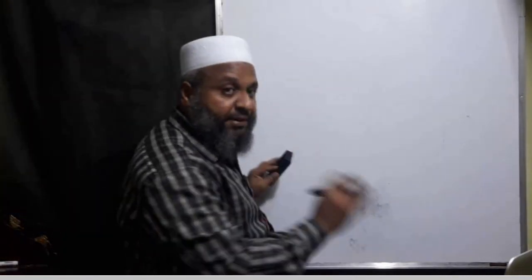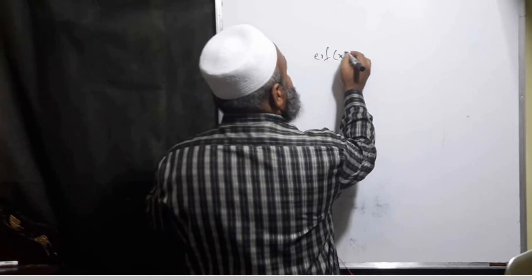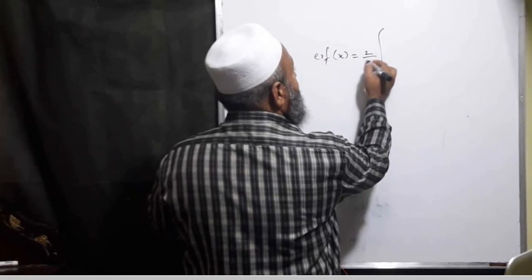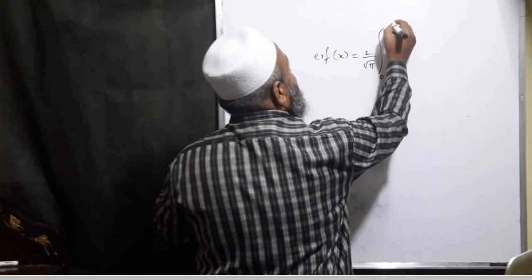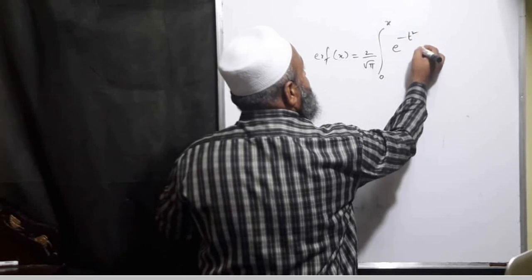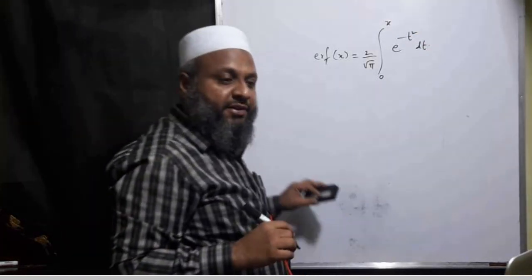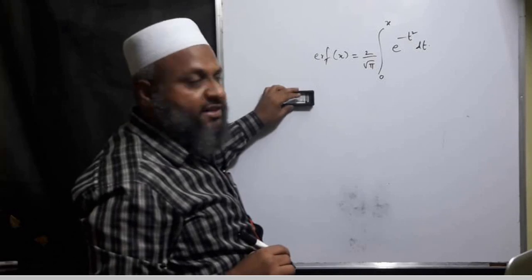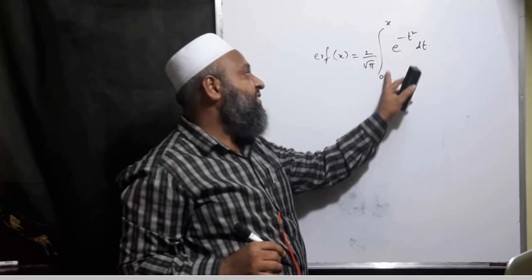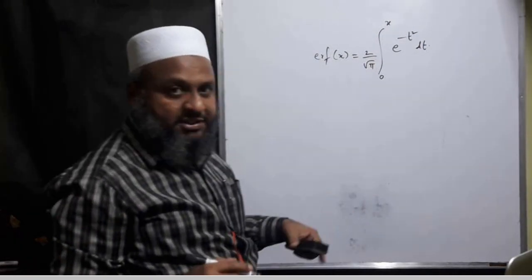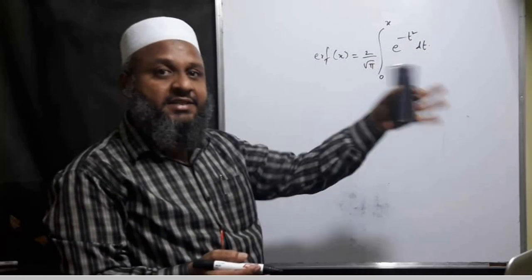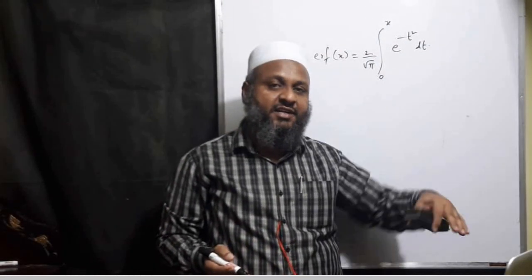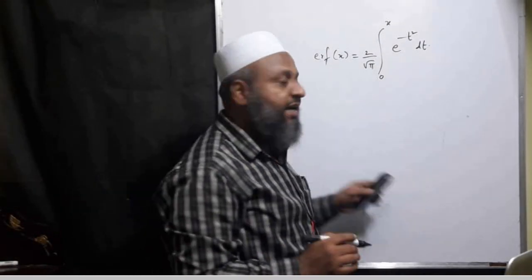The main fundamental base is only the error function. I repeat, the error function at x is equal to 2 by root pi integral 0 to x of e to the power of minus t square dt. You have to remember this forever. This is the definition for the error function, and instead of 0 to x, if it is from x to infinity, that is for the complementary error function. And if you add up the value of the complementary error function and the error function, as I said at the time of the error function calculator, you will be getting equal to 1.